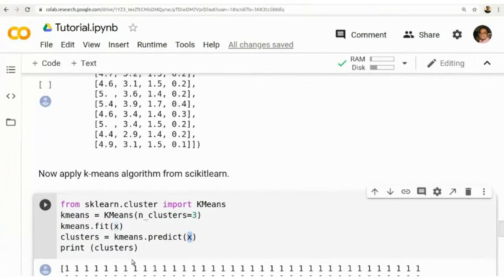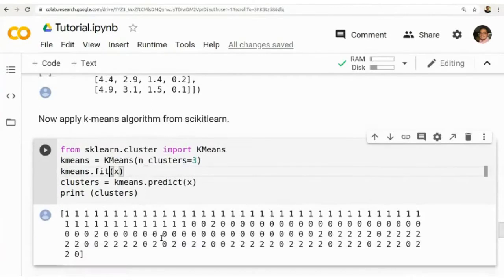So first load the data. If you are interested, you can visualize the data. Then take the features. Then we are loading the model. We are creating the model k-means. Then learning the model. The model learns the parameters using the data set. So k-means dot fit the model. Then you can predict the result using the dot predict function.